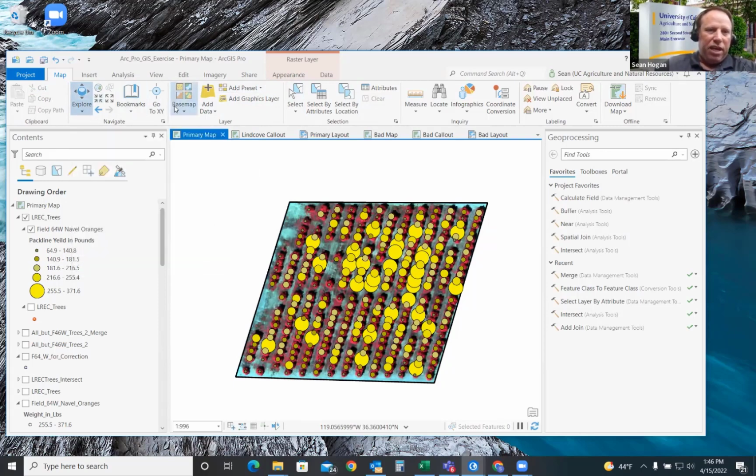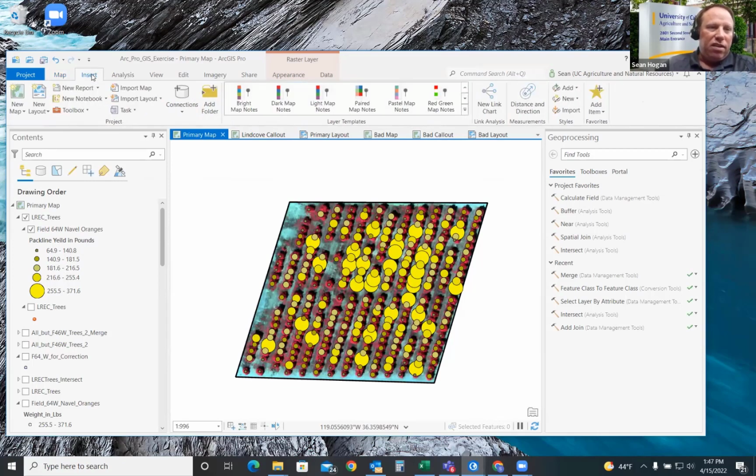There are other options in here. There's a basemap that we'll explore. There's one way of adding data that we'll start off with, and then we'll show you another way of adding data. There are selection tools, which I just displayed, for selecting features manually on the screen or clearing those selections, and that's going to come up more than once during the exercise. There are measuring tools and a number of other options across the Map tab.